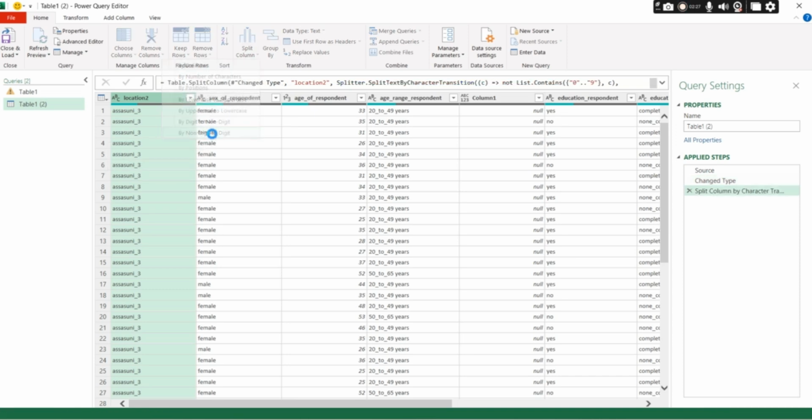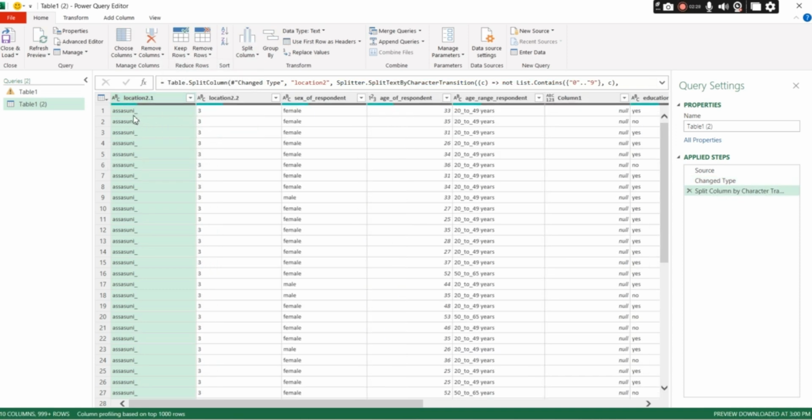If I click this option, it automatically separates the numbers from the text. I can do this with just one click. So this is a very easy way for us to clean the data or make modifications.